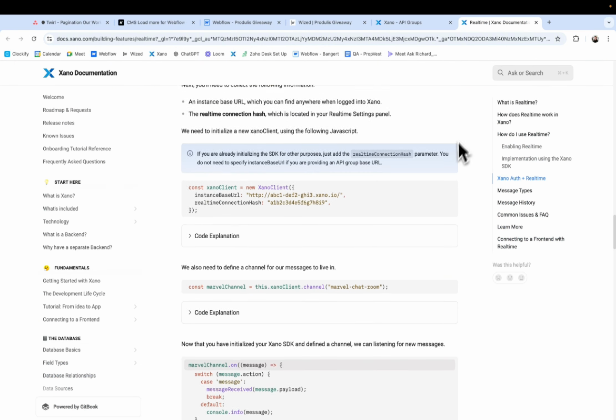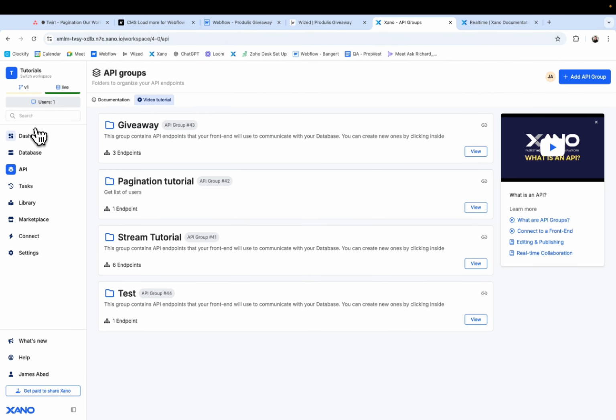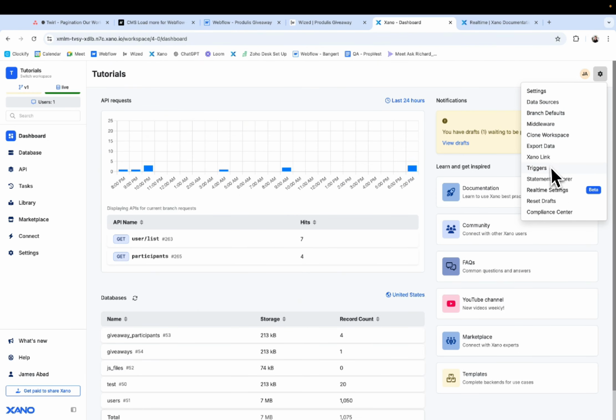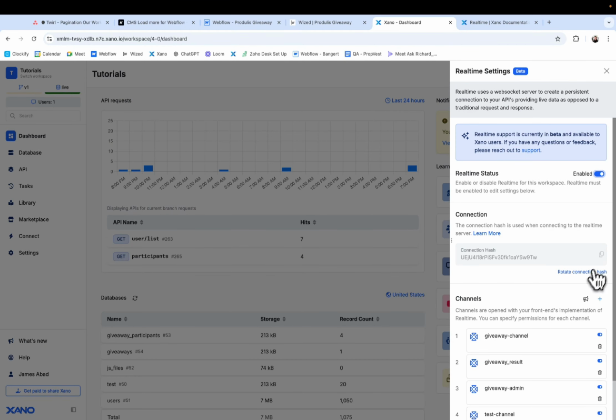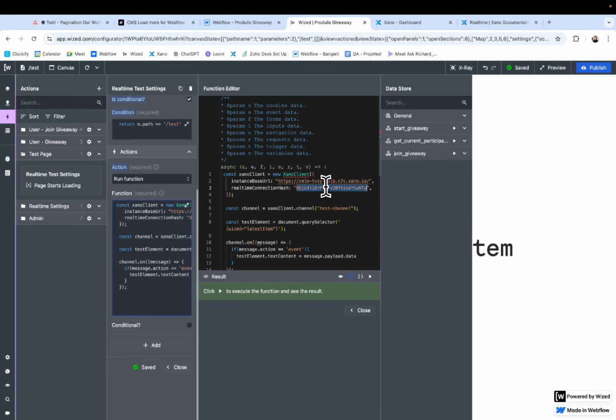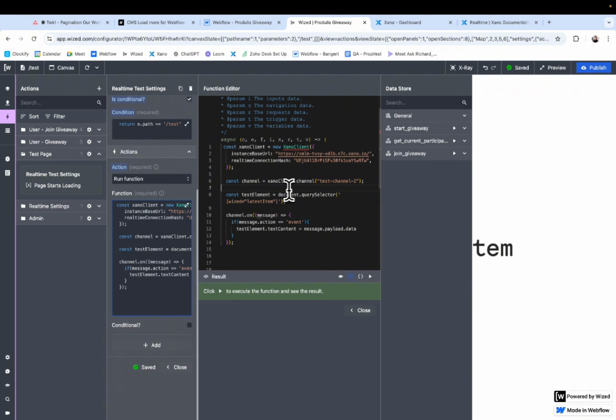Once you have that, you need to set up your real-time connection hash ID. Go once again to your dashboard, go to settings, real-time, copy the connection hash, and paste it right here. Then you also need to set up the name of the channel. This is called test channel dash 2. And finally,